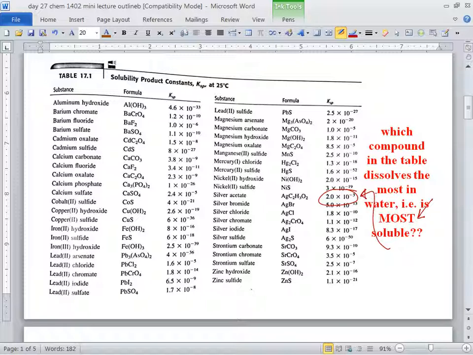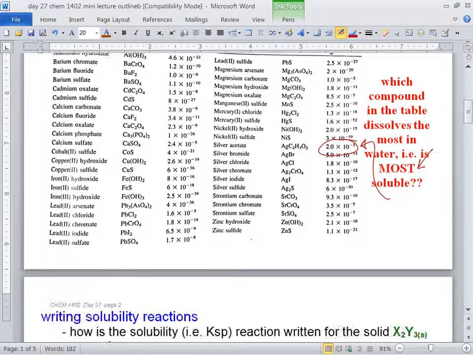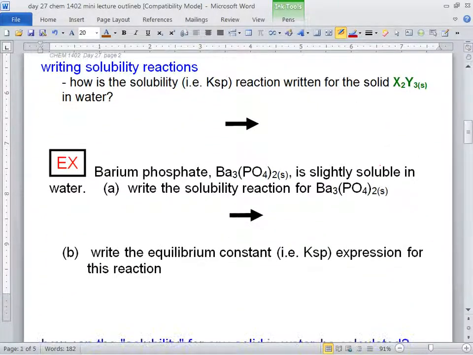And in fact, you don't really know how we're going to solve these yet, but I'll give you a hint. You don't want to have this as a homework question. Silver acetate is the system, because that Ksp is so big, we're not going to be able to drop any x's. So you don't want to see that in a homework problem or a quiz question. You have to do a full quadratic. Anyway, but look, almost everything else is extremely small. So odds are we won't be doing any full quadratics. In fact, I don't think there is any homework that does.